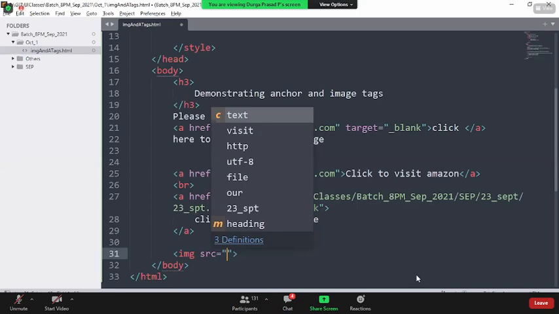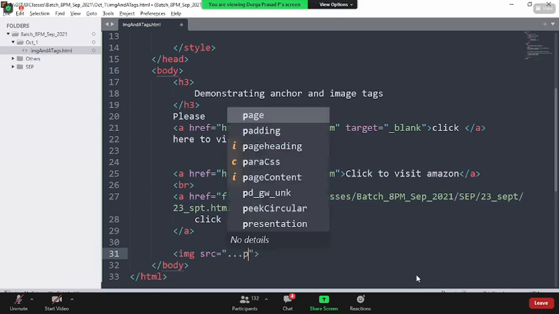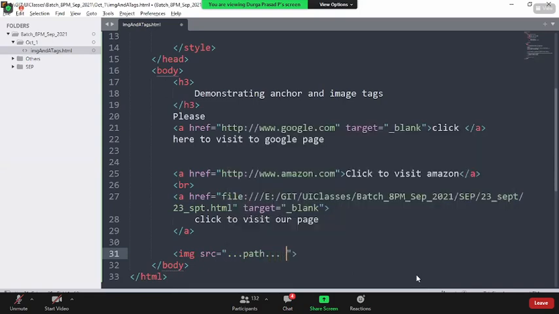Repeating again, IMG is a predefined tag using which we can include external images or internal images into the web page. It also takes a mandatory attribute called SRC, through which you specify the path of the image, the image URL. You just need to specify it, and it automatically gets added with the particular image we have given.